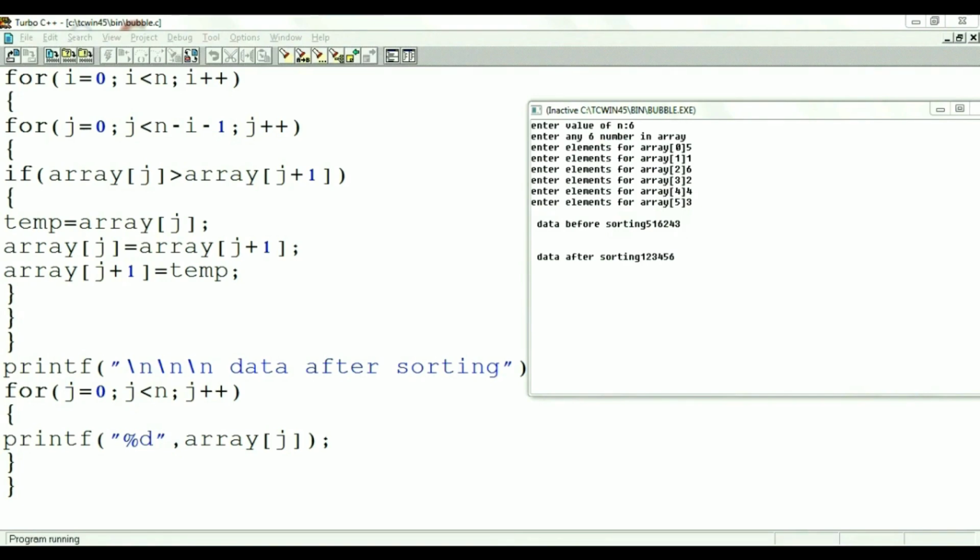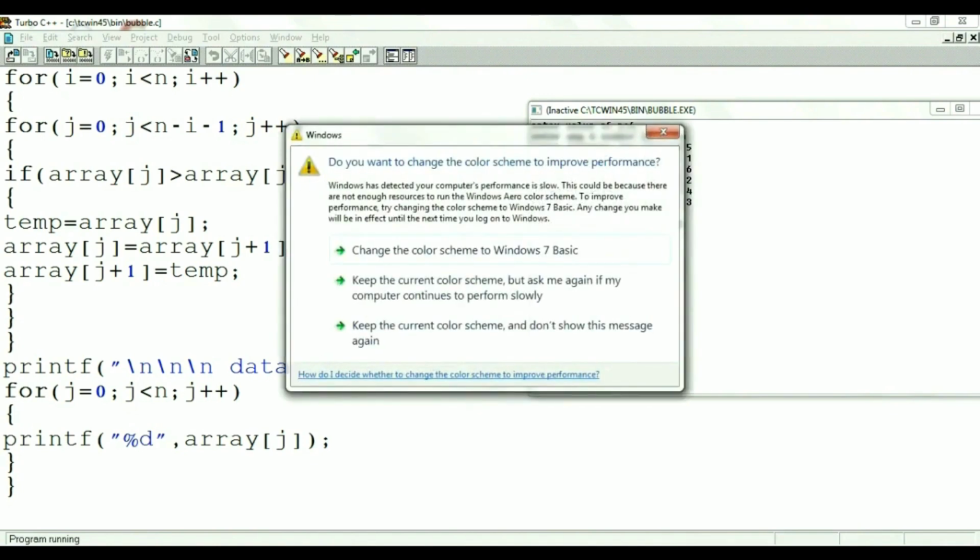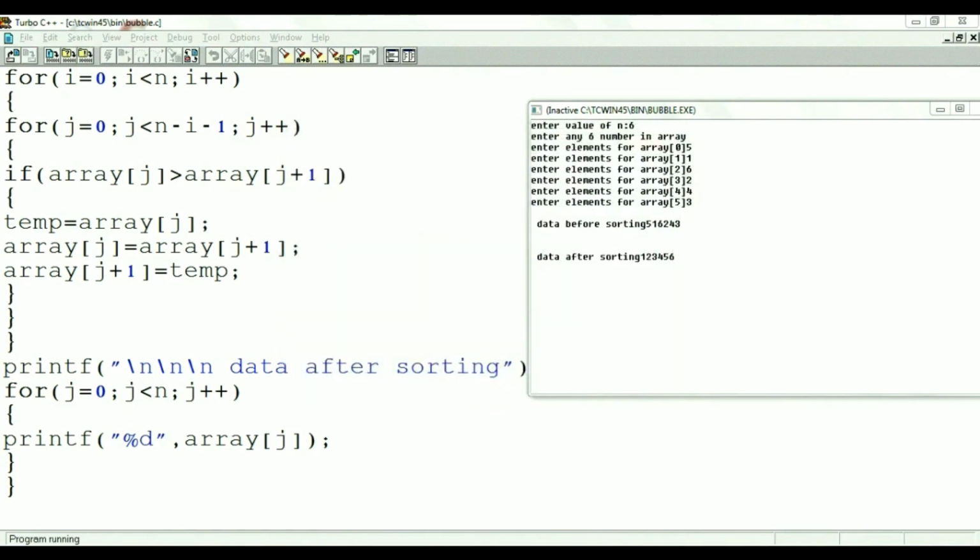We have array of 1 greater than array of 2. That is, we need to cross check. Array of 1 we have 1 and array of 2 we have 6. As 1 greater than 6 is false, the consecutive if block will not be executed. Then the value of j will be incremented according to the for loop. At this point, 2 less than 5, so the for loop test condition is true.